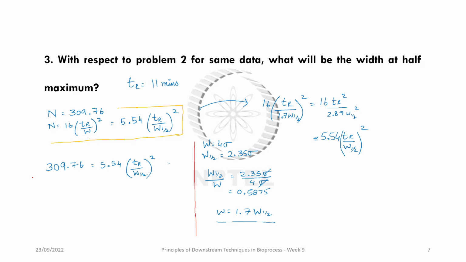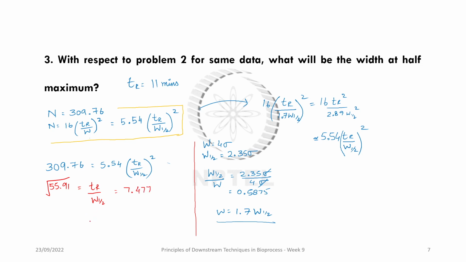So 309.76 divided by 5.54 is 55.91, which is equal to TR by half W, and I'm going to put the root here, is equal to 7.477,